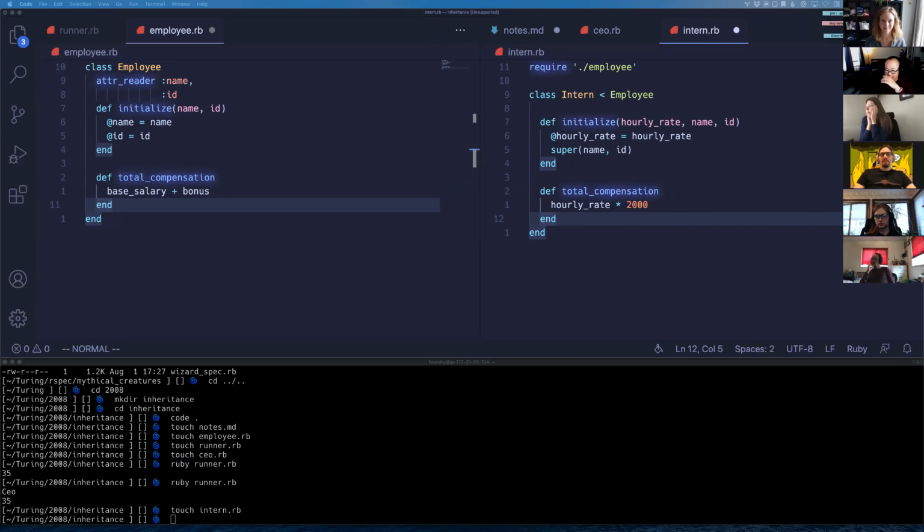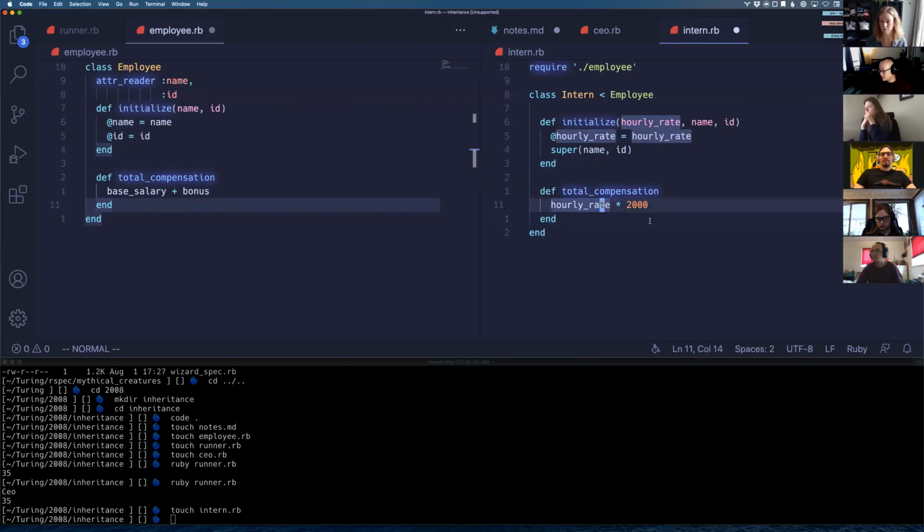Anyway, what happens here is that when we are determining this intern's total compensation, we call the instance object's name and total compensation. It takes hourly rate, which is defined here, and multiplies that by 2,000. It doesn't hit total compensation in Employee, right? And the reason why is that, let's